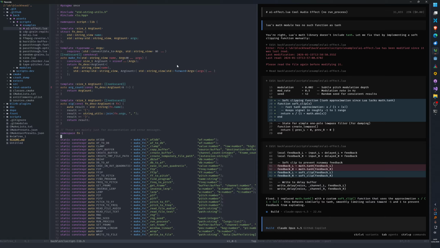So again, we can get the AI to do this for us. Add a tanh function which just uses this under the hood.